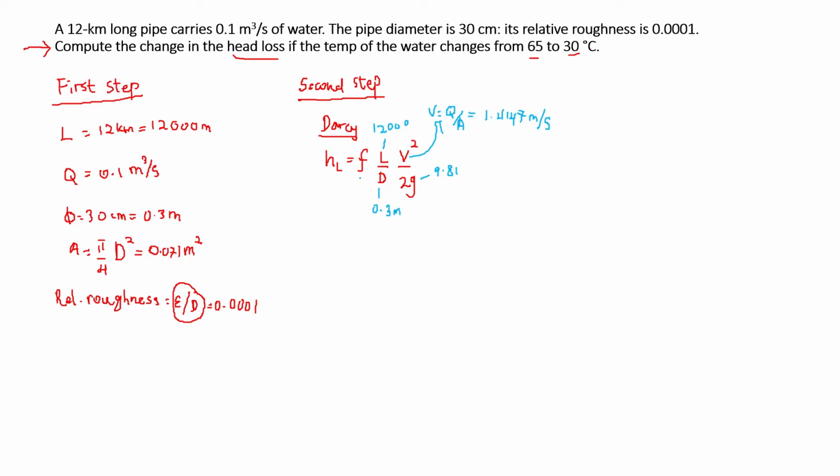Okay, so now you need to find F. So you have two situations, where the first is 65 degrees Celsius and the second situation will be at 30 degrees Celsius. Before you can find F using the Moody diagram, as you know, in the Moody diagram you should first have the Reynolds number, right? And then you need to have the relative roughness so that you can find the